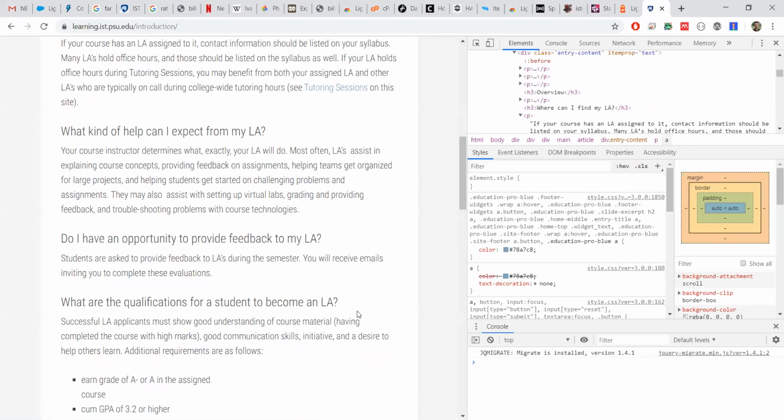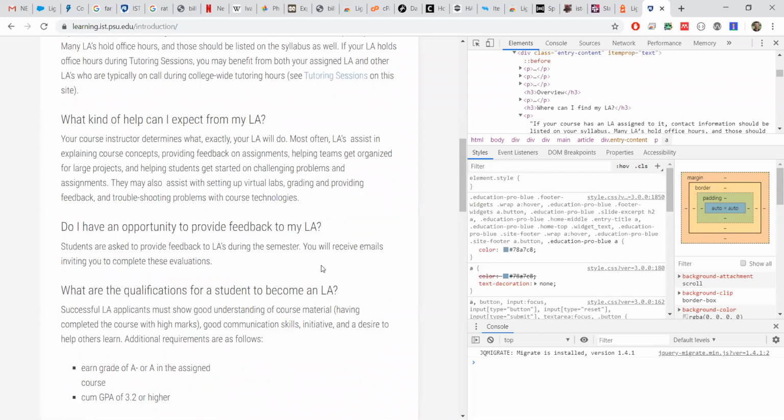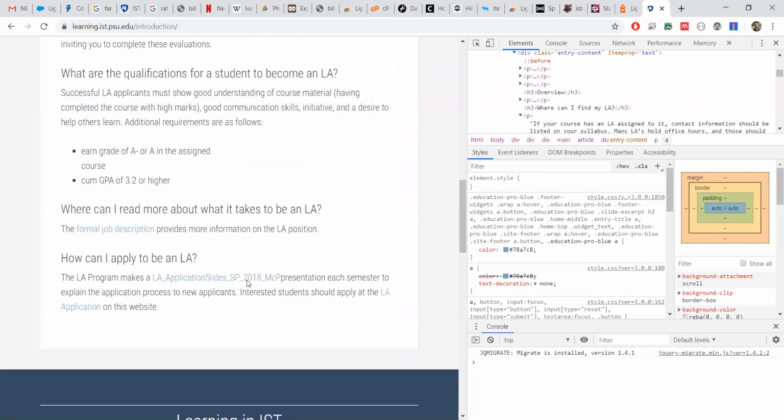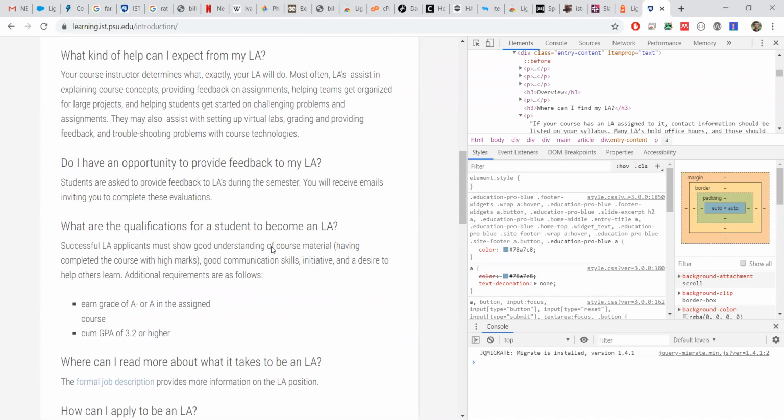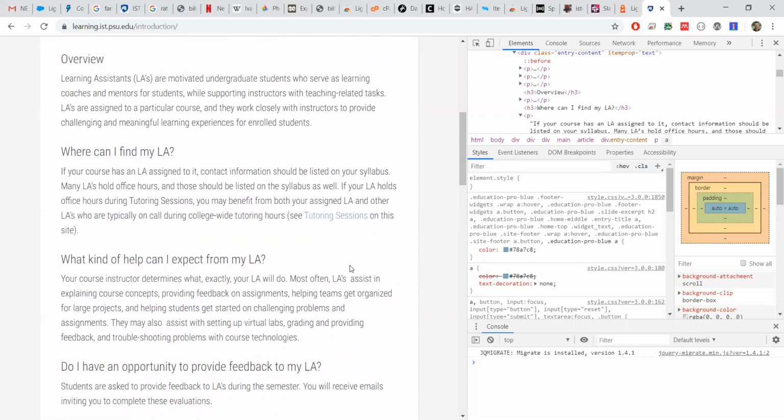So the initial color was that, again, that gray color. So actually not going to be able to get that one back. But this blue color here is a lot more legible, a lot more readable than the previously mentioned gray coloring. And that's a way you can go through this whole auditing process using a